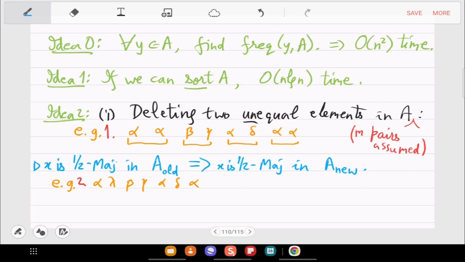And what do we do with equal elements? So once you have gone through this process of pairing and then deleting those pairs which have distinct elements, what is left? Now, the pairs that are left, in every pair, you see repetition, right?